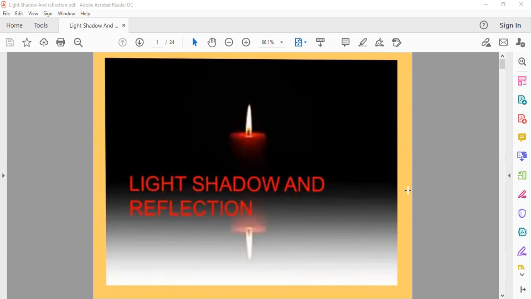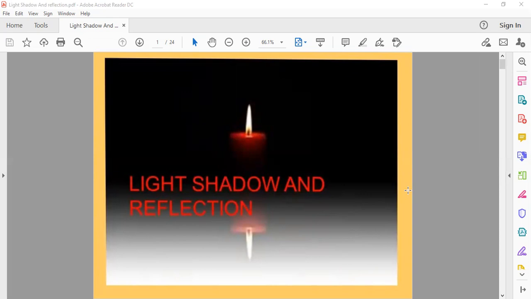So there are three things we'll study in this chapter. First is light, the characteristics of light. After that, shadow: how a shadow is formed, and what are the requirements for a shadow to be formed. Sometimes you have seen that a shadow is longer and sometimes the shadow is shorter. How is that possible?